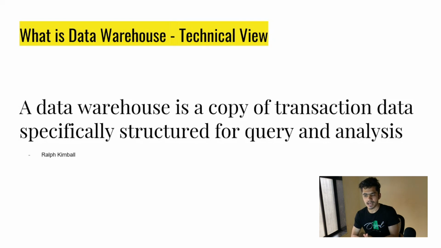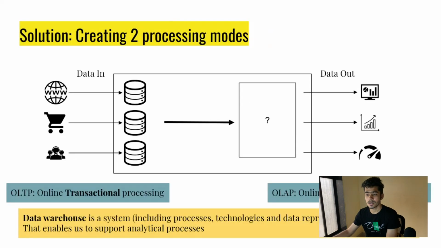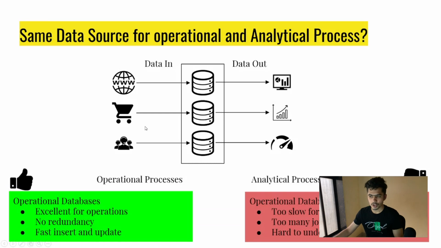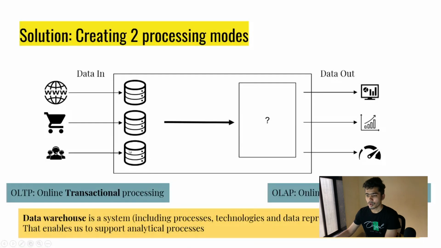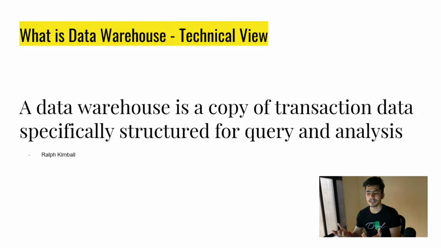The definition we have is: a data warehouse is a copy of transaction data specifically structured for query and analysis. Now understand this, okay? In part one we talked about the data coming from multiple sources and getting stored somewhere in the database. So this is our operational database, or you can say the transactional database. Now we want to put some magic in between. We're gonna do some ETL and build the data warehouse in order to get the query and final analysis, like any graph or any structure. So this definition mainly focuses on that part.